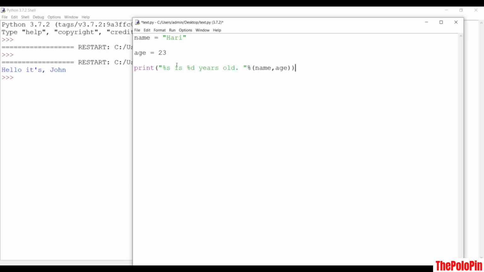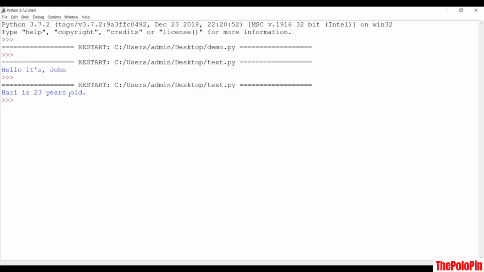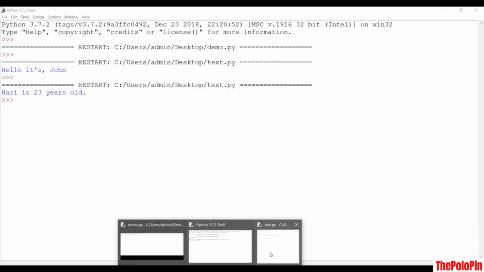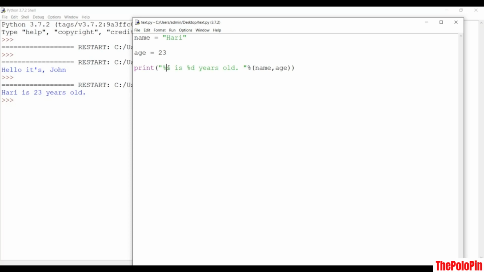So we have now created another program here using the same argument specifier, but now we have included both the string and the integer inside the same print statement. Let's save this now and press F5. Then you could see Hari is 23 years old, which has been replaced in here by the argument specifiers. So instead of this s, it will be Hari, and instead of this d, it will be 23. So this is basically your specifier for this argument, or basically for this value, name and age. So this is the one way